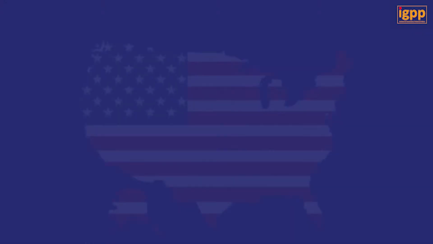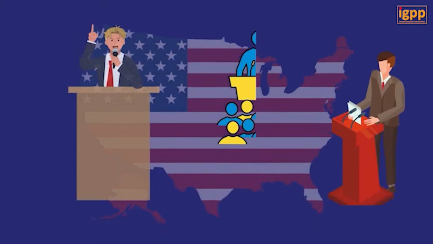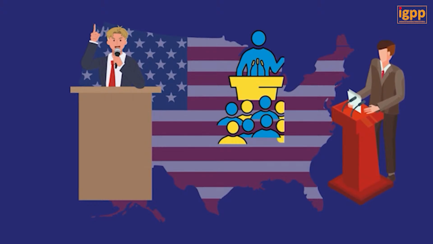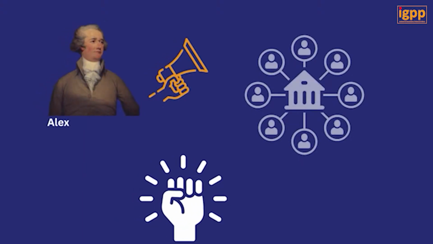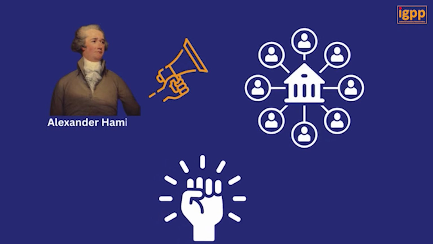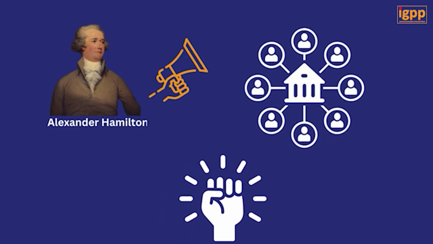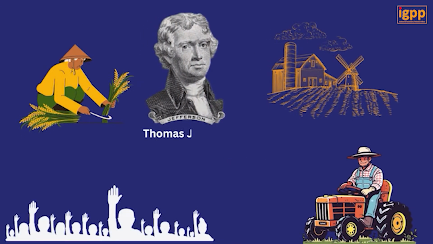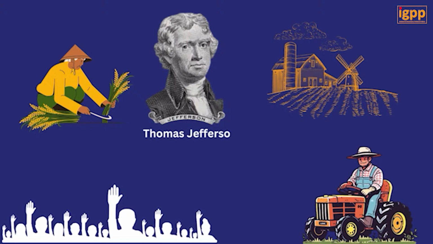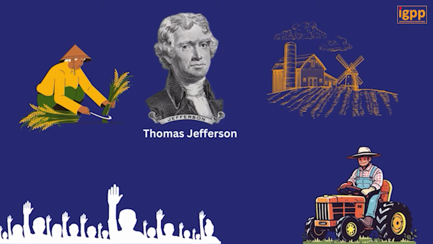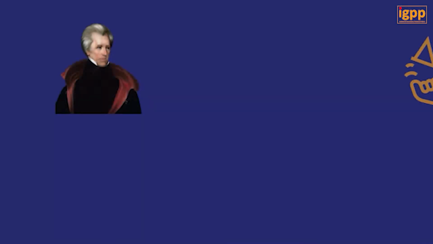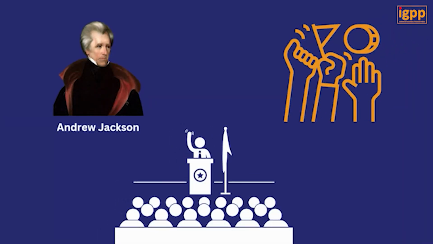In the history of the USA, leaders also left an enduring mark on American politics, shaping the ideologies of their respective parties. Alexander Hamilton, a key founder, advocated for a strong central government and formed the Federalist Party. Thomas Jefferson, on the other hand, championed states' rights and agrarianism, laying the groundwork for the Democratic Republican Party. Andrew Jackson's presidency marked the rise of populism and reshaped the Democratic Party.